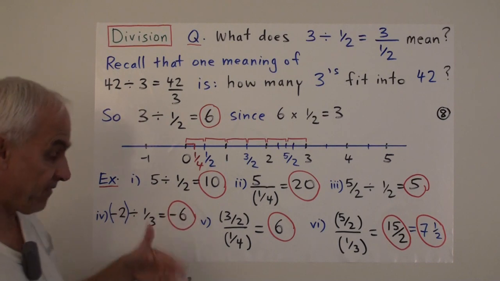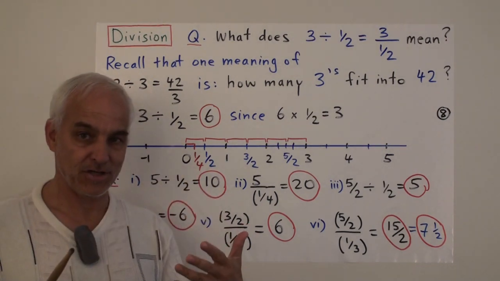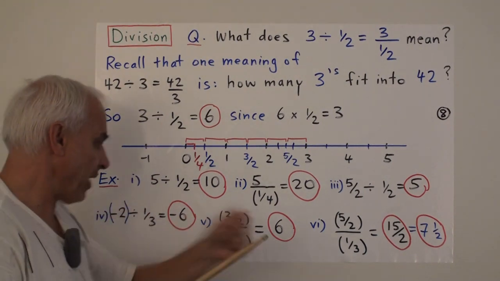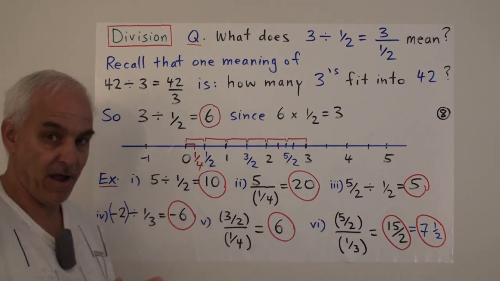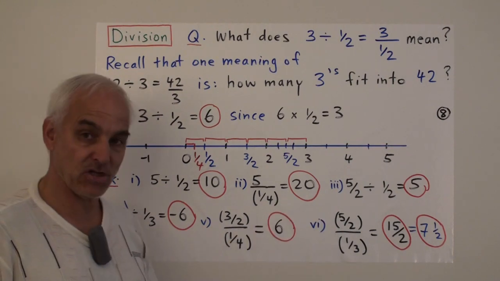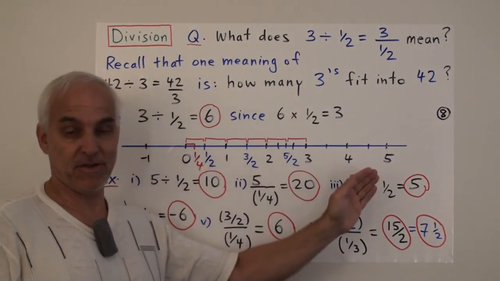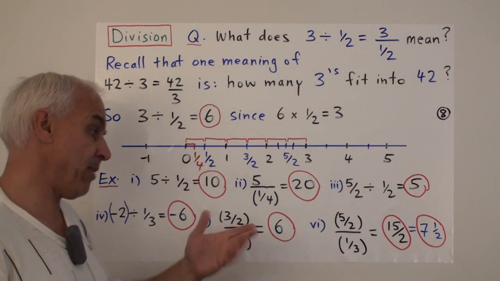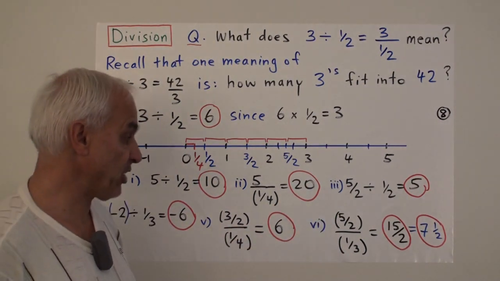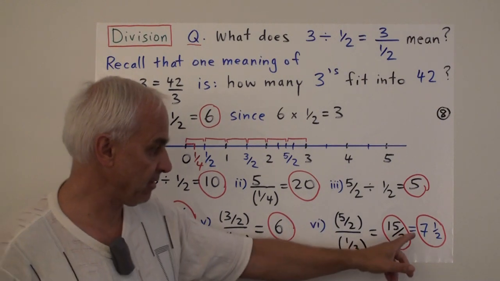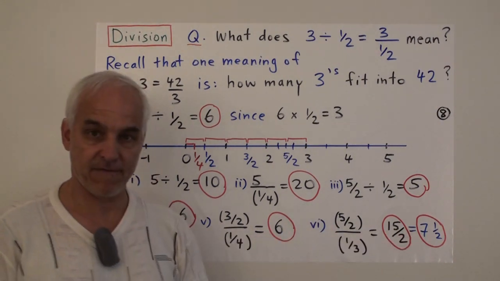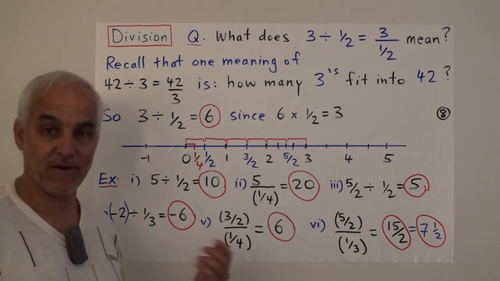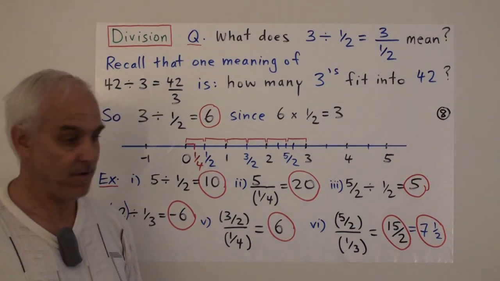All right, so that's a visual introduction to division by fractions, but obviously we don't want to be drawing number lines and trying to subdivide when we actually want to make a calculation. I want you to think about the number line as an explanation of what's going on, but ultimately we want to be able to just take this expression and do something to it to get, well, either 15 over 2 or 7 1/2. So we also need an algebraic way, and fortunately there is a very simple algebraic way of